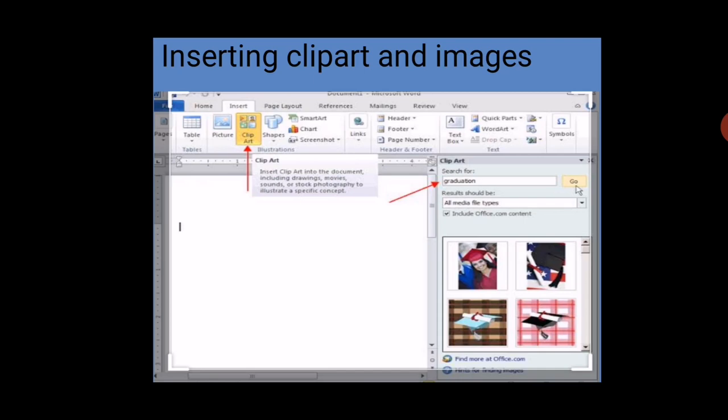The next point is how we can insert clip art or an image in our slide. We all make our presentations impressive, and sometimes we choose clip art and images. So first we go to the Insert tab, Illustrations group, then we select the Clip Art option. When you click on the Clip Art option, a drop-down menu will appear. You can choose your clip art according to your requirement, then right-click on your clip art and click on Insert. When you click on Insert,